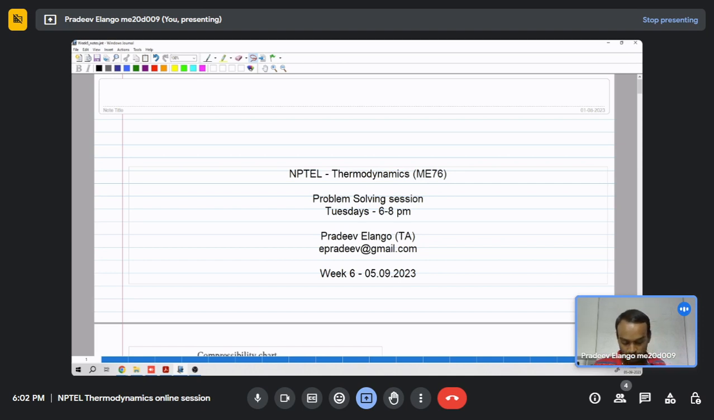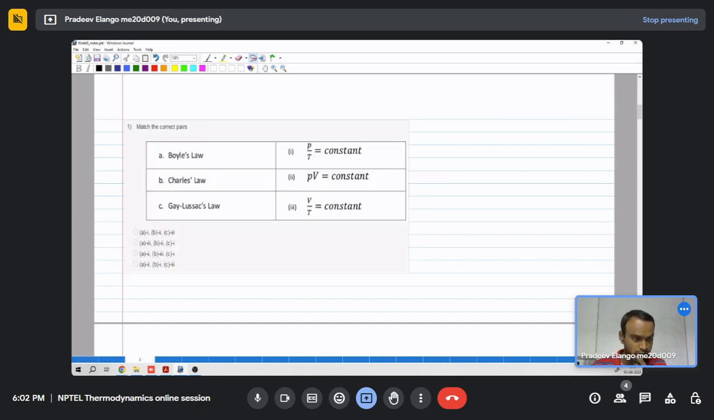So this is the week 6 problem solving session. First I will solve some questions on the week 5 assignments, and then I have some questions on ideal gas mixtures and so on. So the first question,